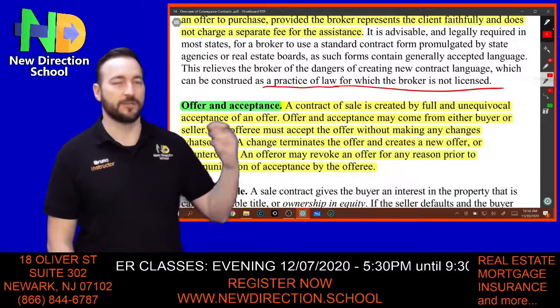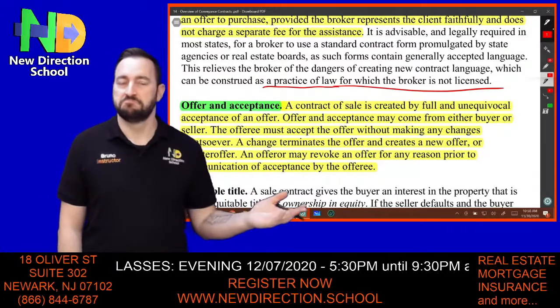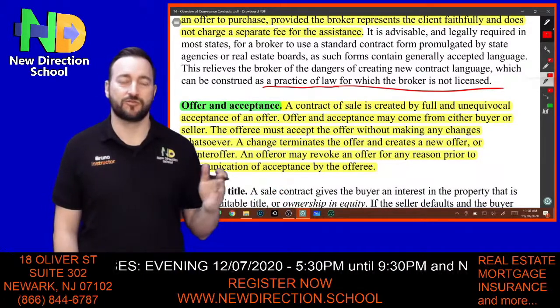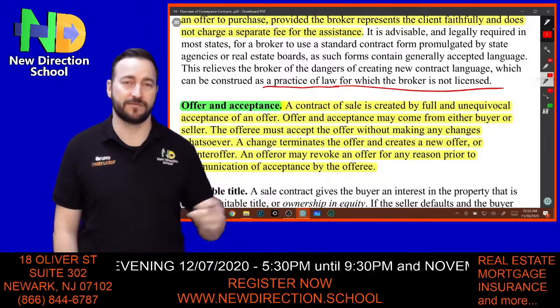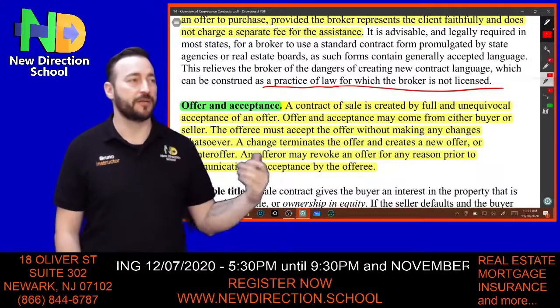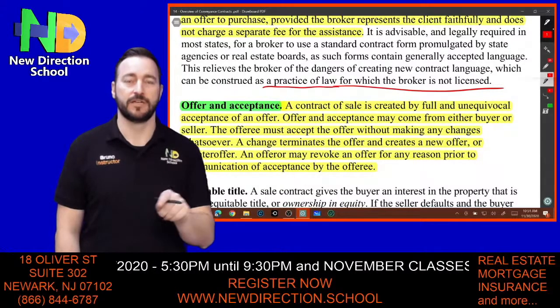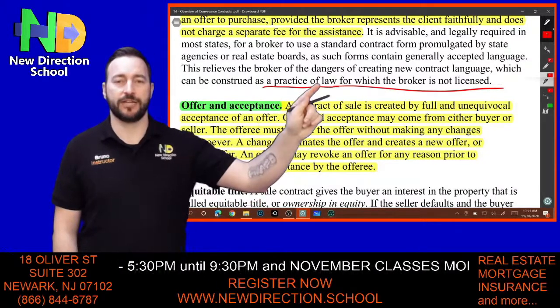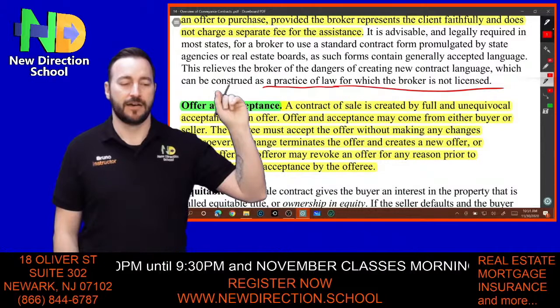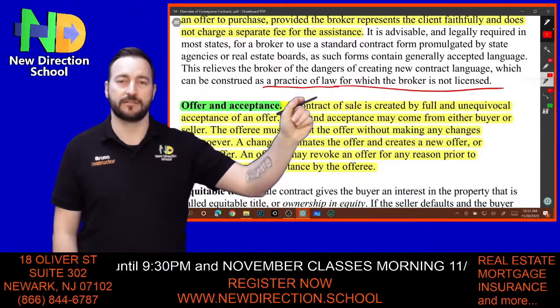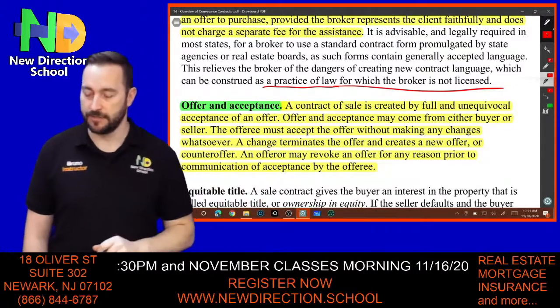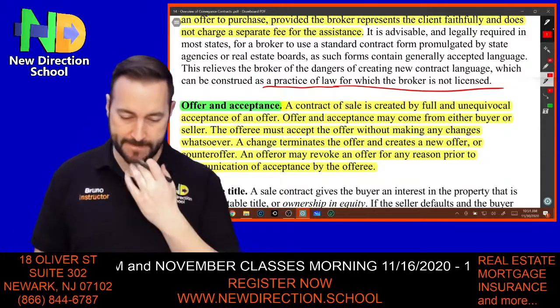Your opinion regarding the weather doesn't affect the contract itself. Your opinion about the house or the weather will affect the transfer, but not the contract itself. So any changes to the contract or any addressing of the terms of a contract has to be followed up by an attorney. So very careful with that.